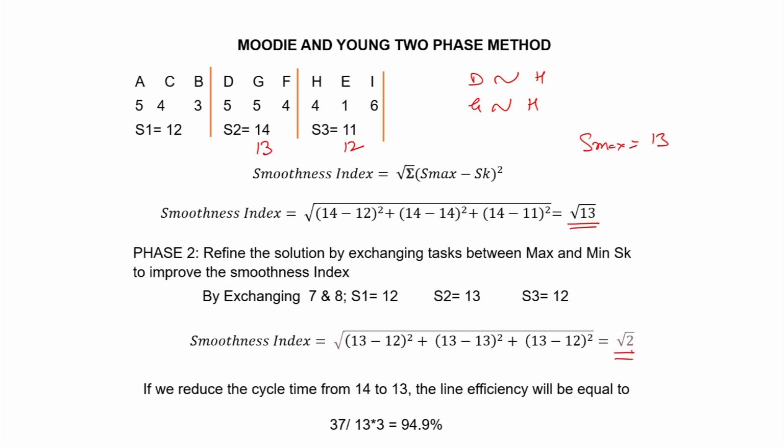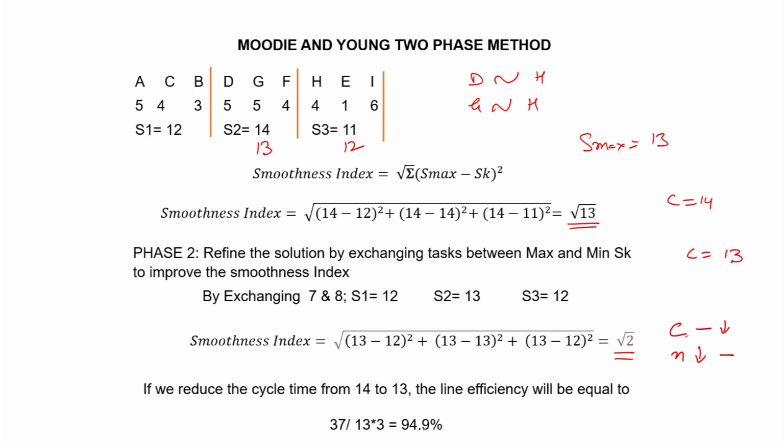So, that is one advantage I can get, but my line efficiency will remain the same, because I am using 3 workstations with the cycle time of 14. Now, I can apply the second trick here, where we said that we can improve the efficiency by keeping N same and reducing the C. We can reduce the C from 14 to 13. If I reduce the C from 14 to 13 and with the same 3 workstations and with this smoothness, you